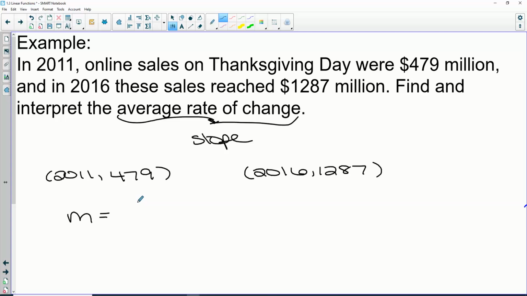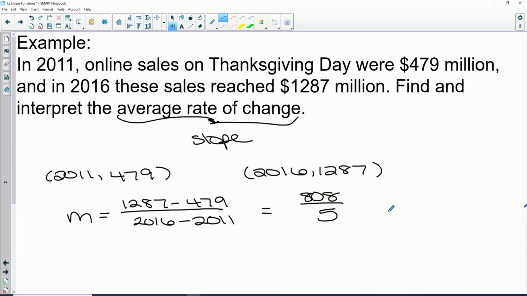So then our slope is y2 minus y1 over x2 minus x1. Alright, so now we just subtract and divide. So we get 808 over 5 or